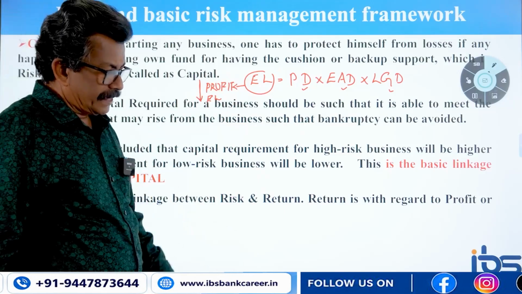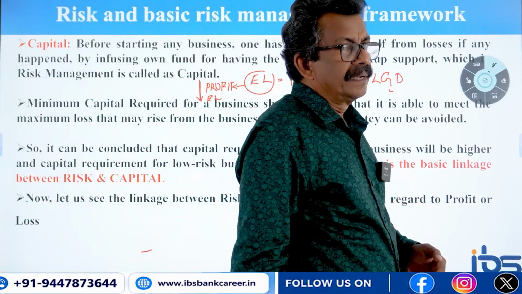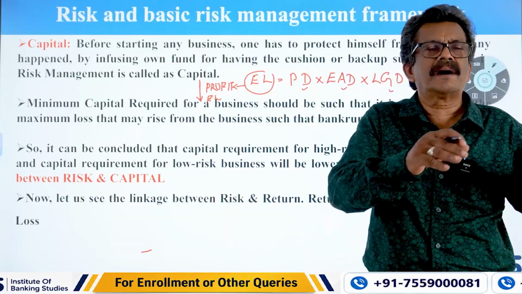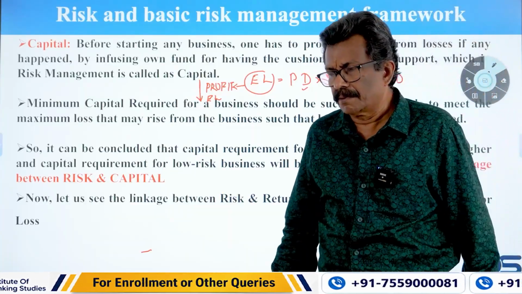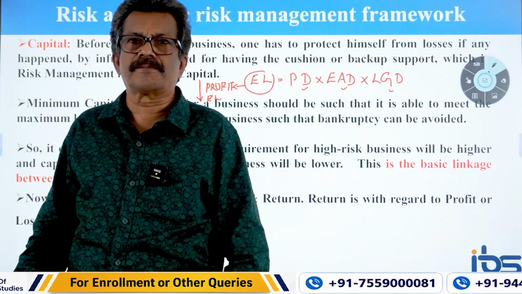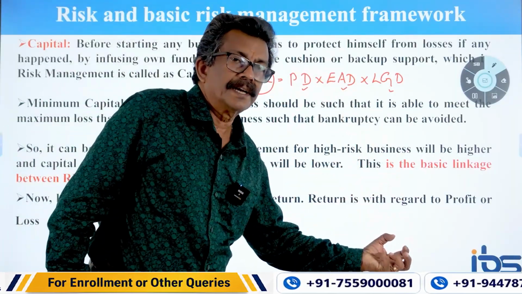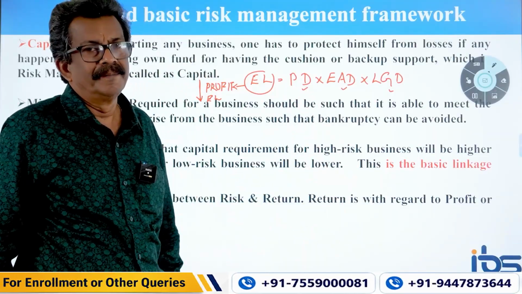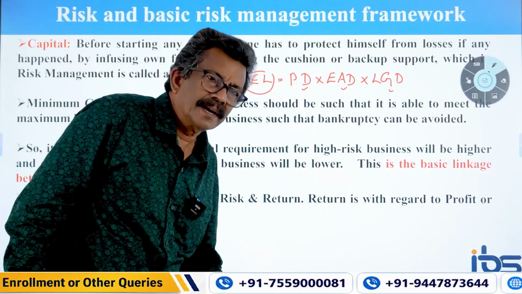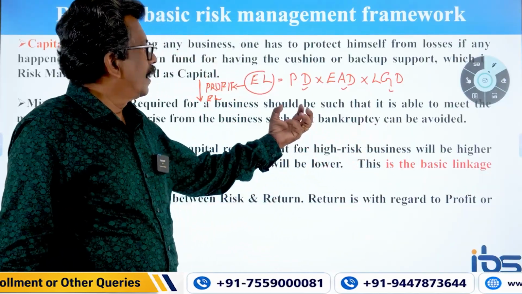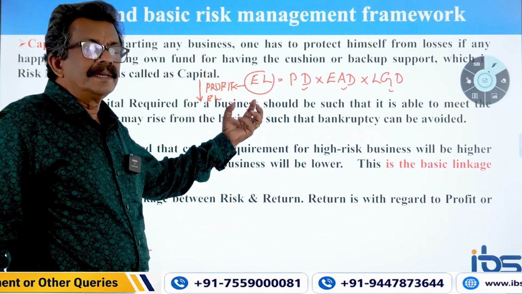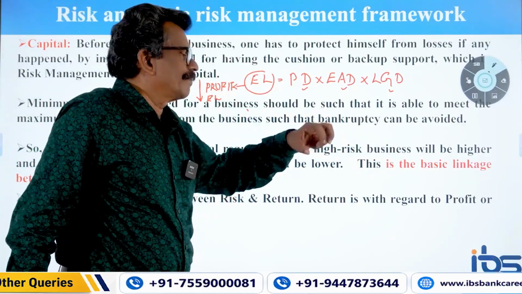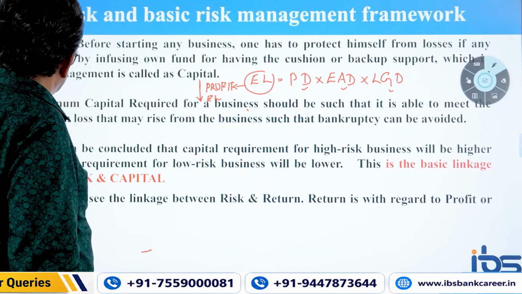So in this process, you are calculating the expected loss, arriving at a certain quantity of loss. Then you find out that you have this much volume of net profit, and you are reducing it from the net profit. That means your profit will come down. Whenever you take higher risk, you have to quantify that expected loss and reduce it from the profit. In that process, your profit will get affected. That is what is stated here.